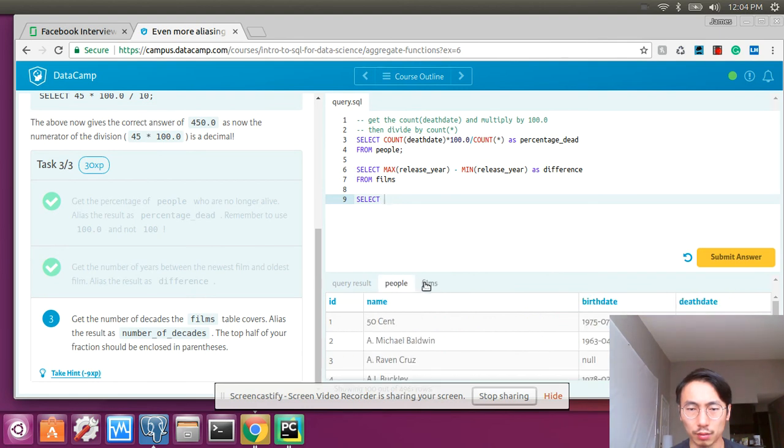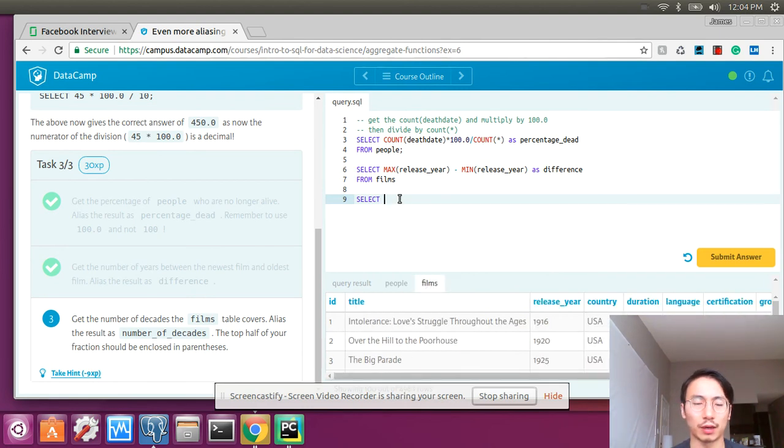I'm just gonna do this one. Okay, let's think about it. Decades is basically 10 years. So I think you get this release year divided by 10. And you want decades, so it's gonna be an integer rather than the double. So you select this one, but let's finish this first. Decades